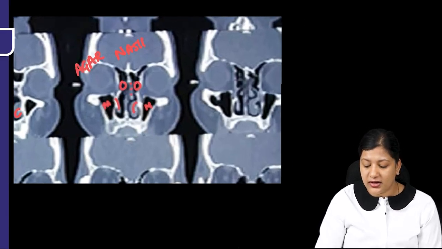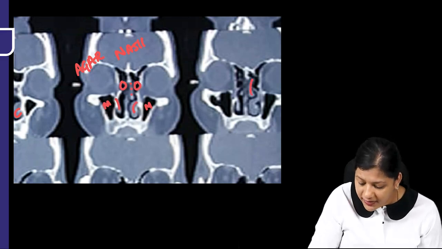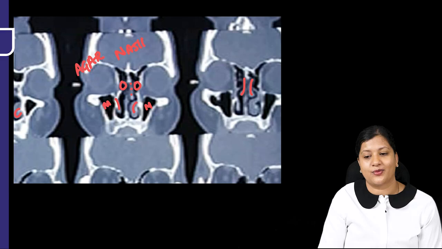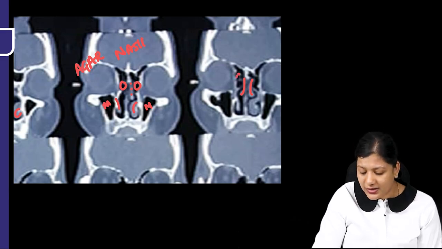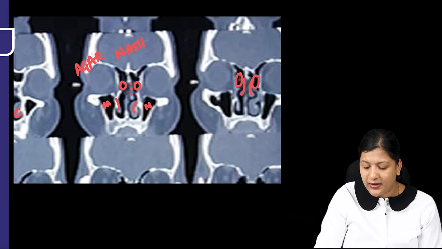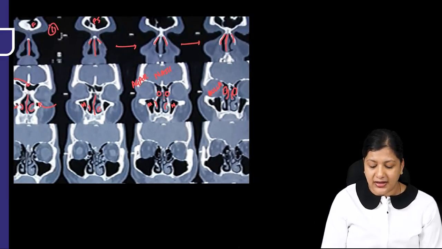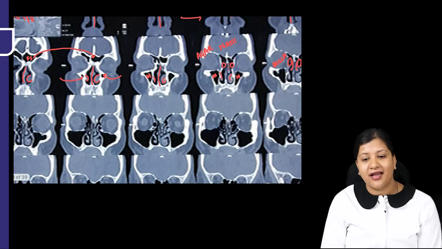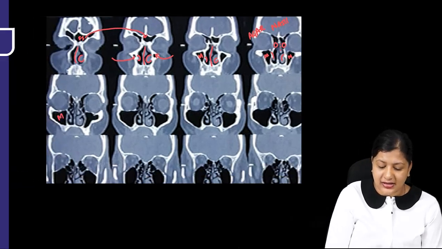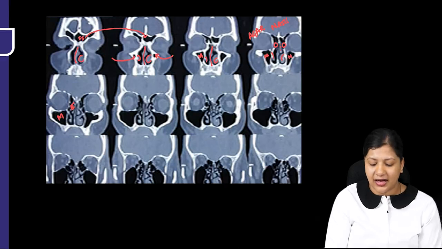Now as we go to the next cut, you can see the middle turbinate coming into view. Now the air cell that you will see is going to be your bulla ethmoidalis. So what is bulla ethmoidalis? The biggest ethmoidal air cell is your bulla. The anterior most is your agger nasi. Then we keep focusing on to the nasal cavity, on to the maxillary sinus, on to the ethmoidal air cells, and we keep going